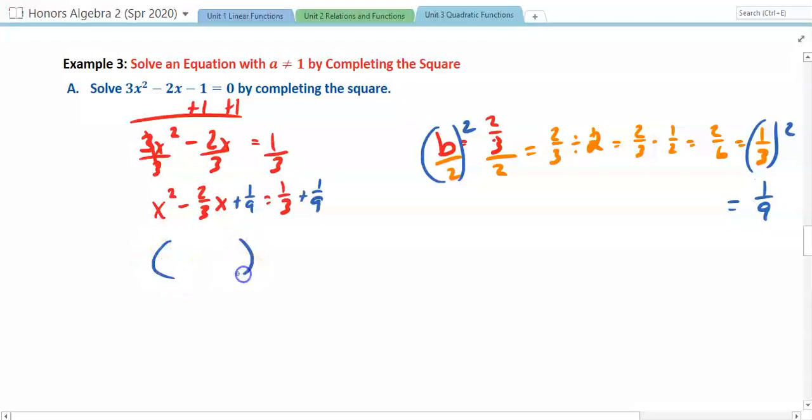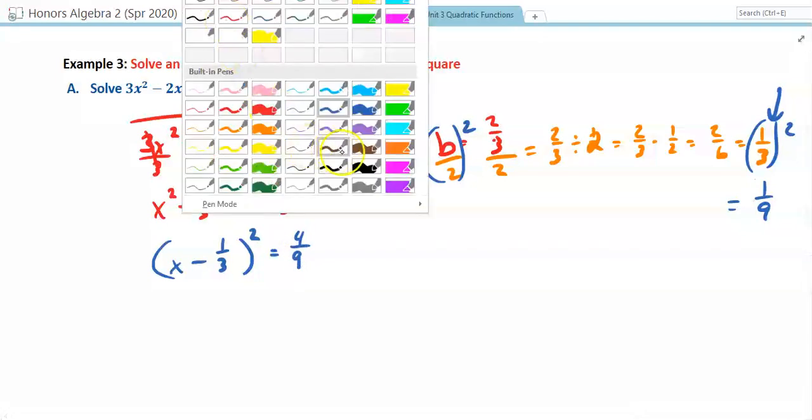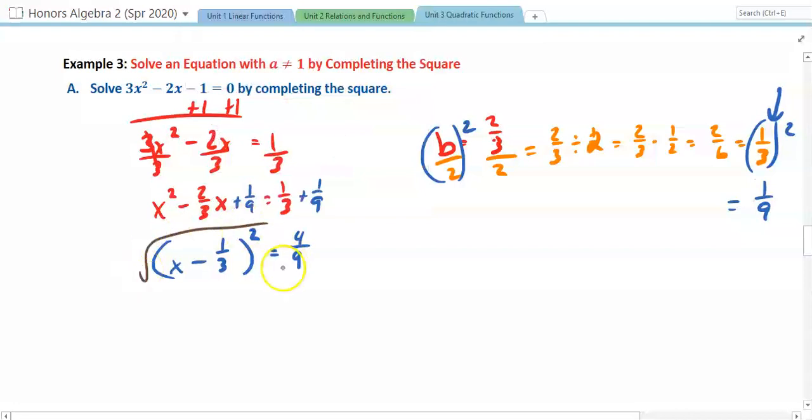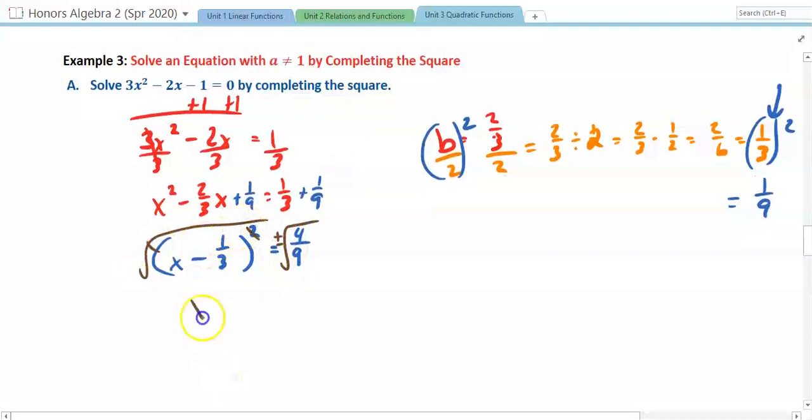Now, the nice part about the left-hand side is there's no work to do because you take the number before you square it. So it's going to be x minus the 1/3 squared. The right side, you got to do a little bit of work because our denominators are not the same. So 1/3 would be 3/9, and so it's going to give me 4/9. And so now I'm going to take the square root of both sides, plus or minus. Square root cancels the square. X minus 1/3